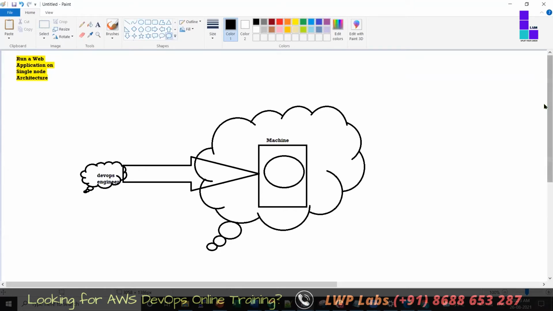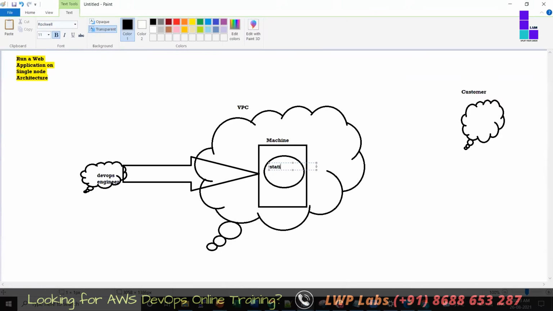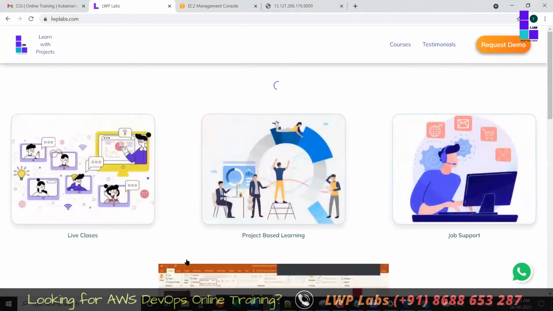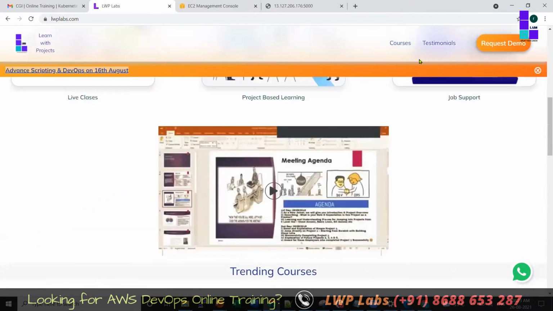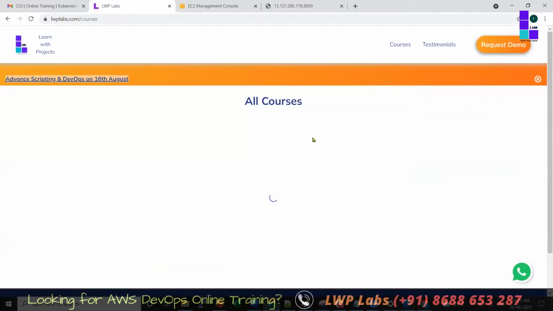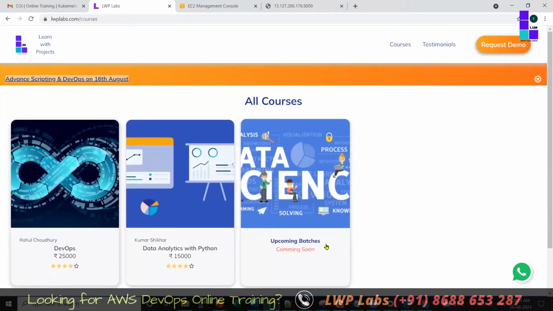Now you tell me all, if I want to connect to this server, if this is my customer, okay, which is outside my VPC, this is my VPC and this is my customer, and this customer, this is my static website, something like this. Static website means, yes, this is a static website. Here we don't have any database connectivity. Only things are pure HTML, CSS, JavaScript. Okay, those things. So if you click on it, you can read the things.